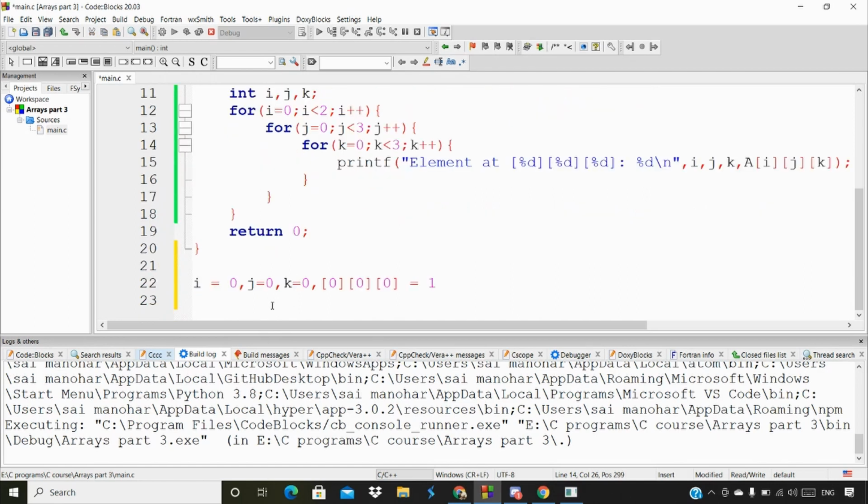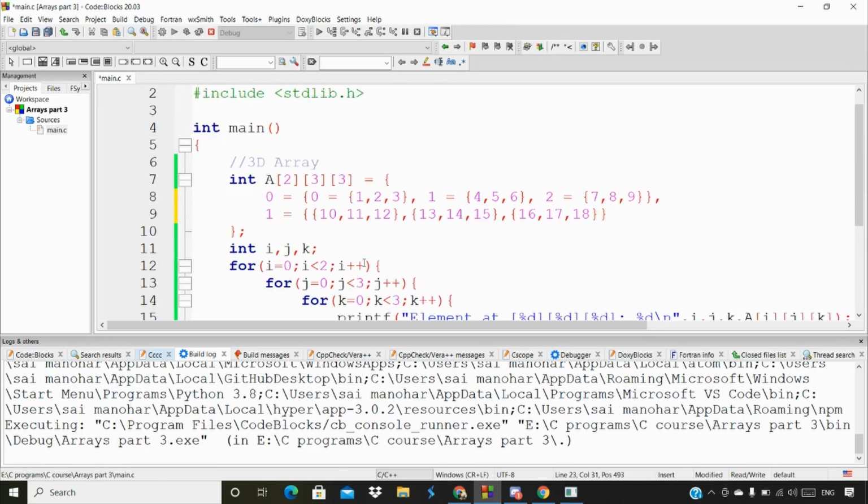So now i is going to be 0, j is going to be 0, and k is going to be 1, because once it printed, it comes back to this incrementation: 0 plus 1 is 1. Again it checks the condition, k less than 3 is true, so it moves on to the printf function and prints accordingly, 0, 0, and 1 here.